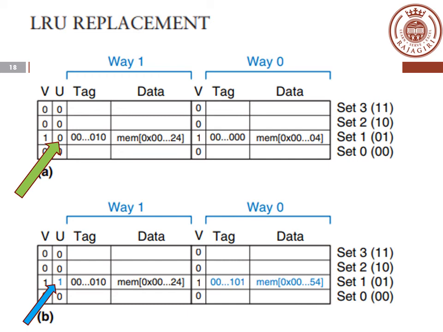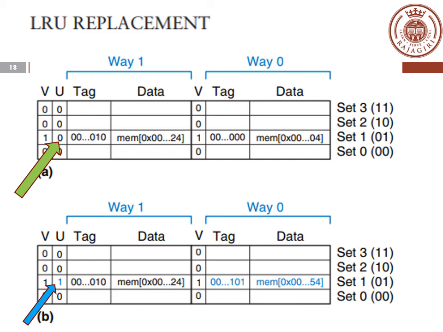What it means is that the use bit is 0, which means that way 0 is the least recently used. So initially you loaded way 0 with the memory from address location 04, that was first used.